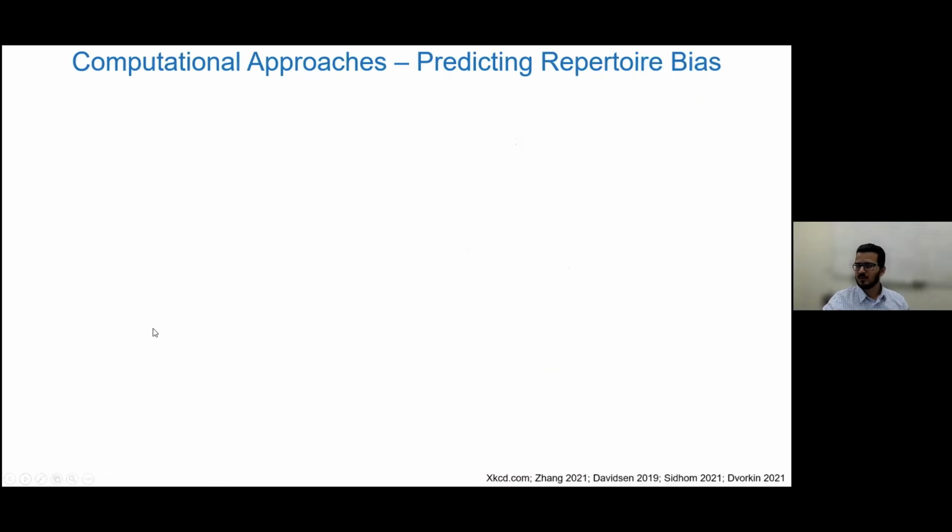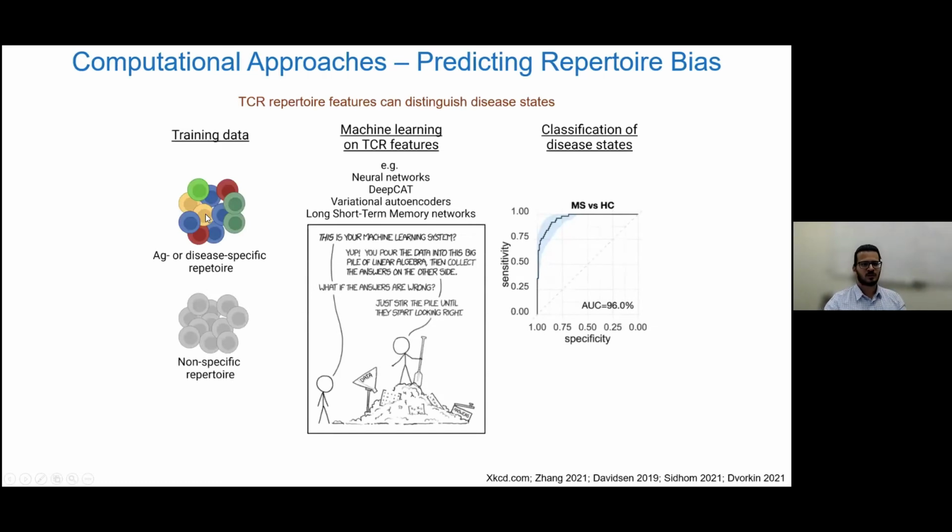On the other hand, one can take sort of a step back and look at whether anything in TCR repertoires can bias it towards antigen specificity or towards a disease stage. So this is where TCR repertoire features can be used to distinguish between different disease states. And typically, these methods start with a training data set in which there are antigen or disease-specific T cell repertoires and non-specific repertoires that are analyzed together in a training data set. And these data sets are used to then